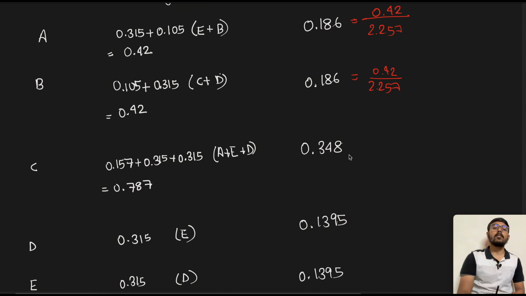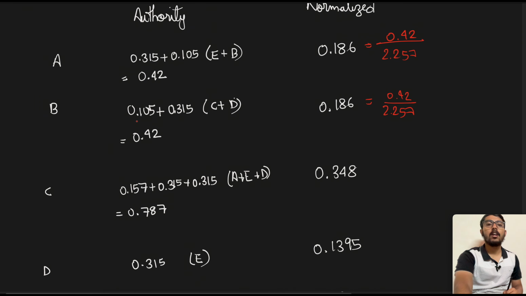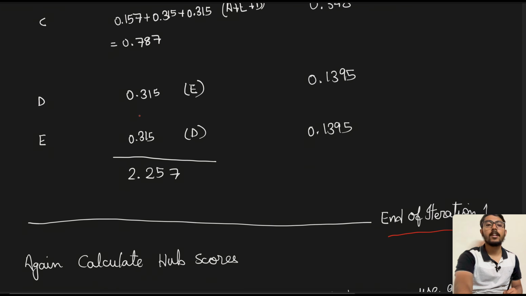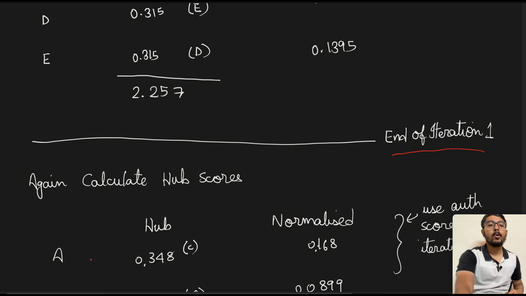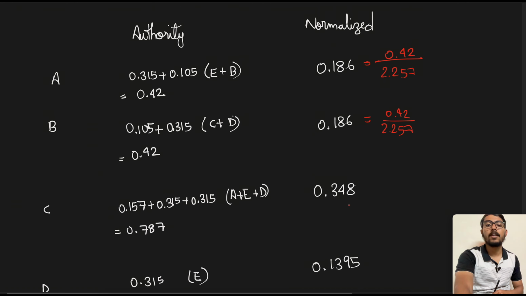That is how we can normalize the scores here. So that marks the end of the first iteration. Now what we see is that we again calculate the hub scores using the authority scores we saw above, right? Since A points to C and C has authority score of 0.348, remember that we will take the normalized value and not the actual authority value,